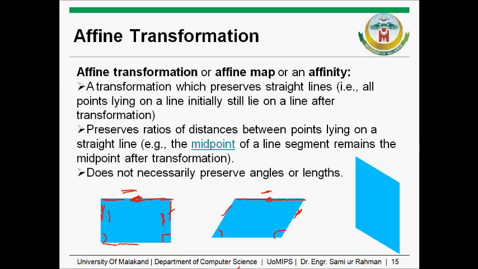Okay, I already mentioned that in affine transformation, the length and angles cannot be preserved, but the parallelism and the ratios remain constant. Okay, so this is a very important transformation in image processing in the context of pattern recognition. Okay,